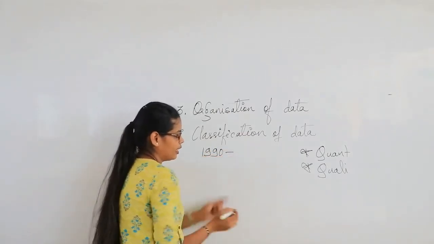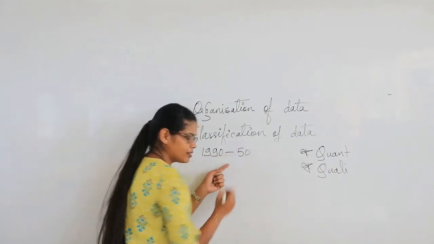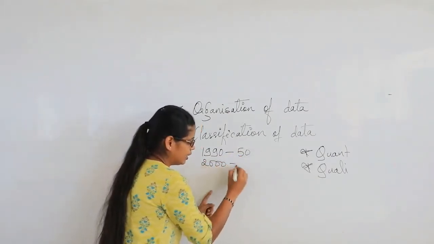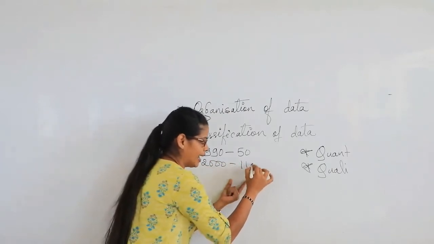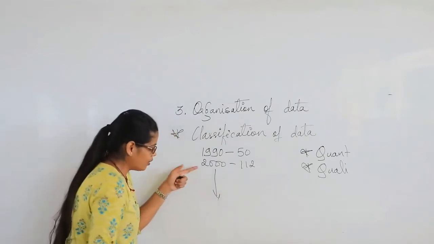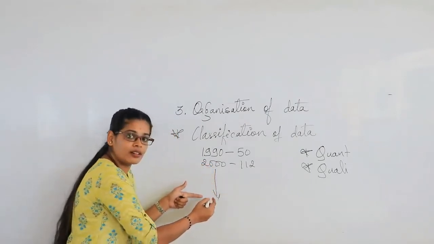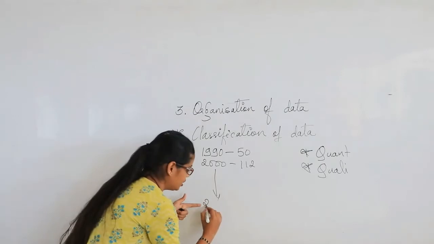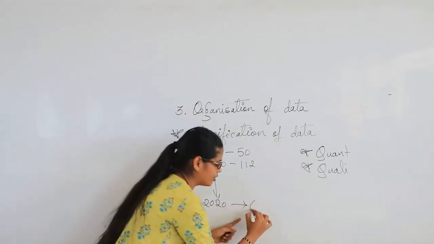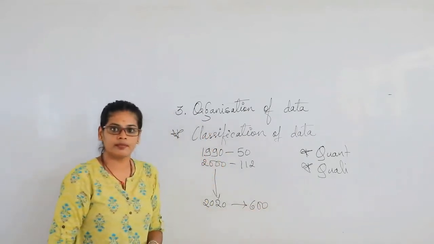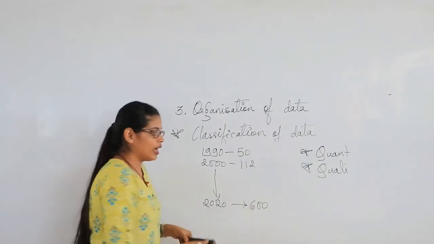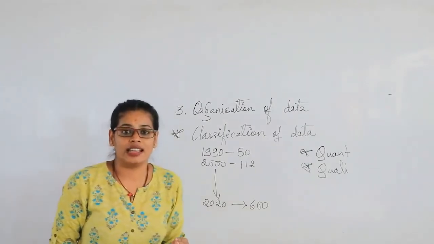1990, it was somewhere around 50 students, and then in 2000, it has increased to 112. So we go on like this, right? So now you are arranging them in chronological order. So here it may be in 2020, it may have increased to 600. Okay, so this is just an example of how we are going to arrange the data when we have a